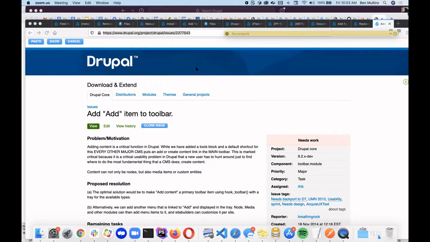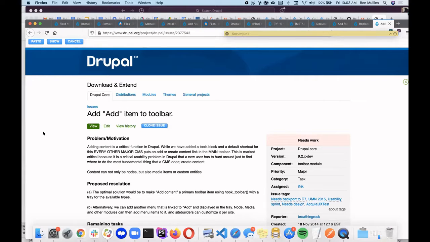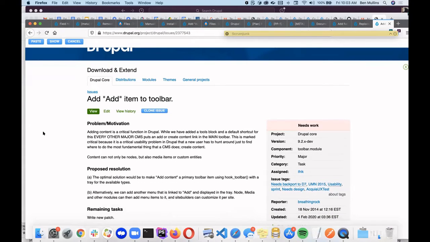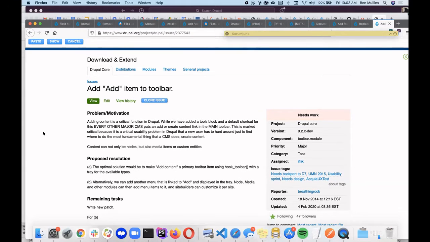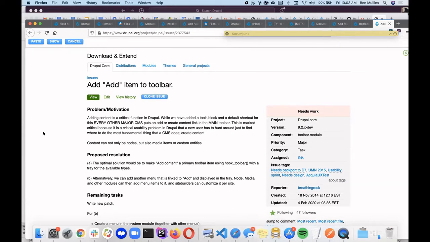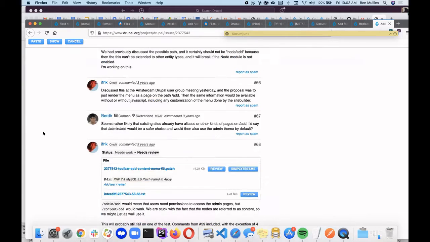All right. So this is issue 2377543, and it looks like this is about 6.5 years old at this point. It's for adding an add item to the toolbar, something that has been reported as a UX problem by a lot of people. I just stumbled upon this issue this morning, and while I was looking through it, I noticed that it